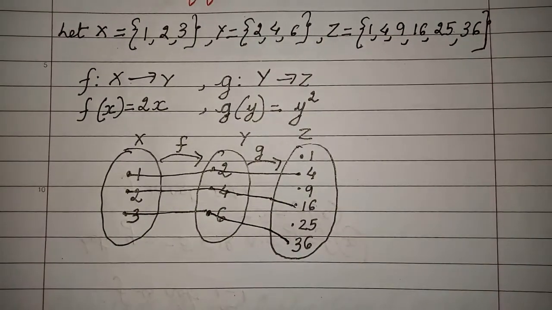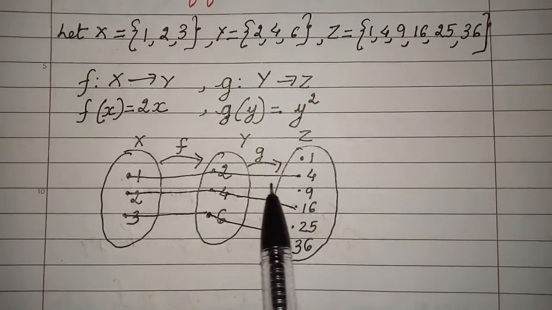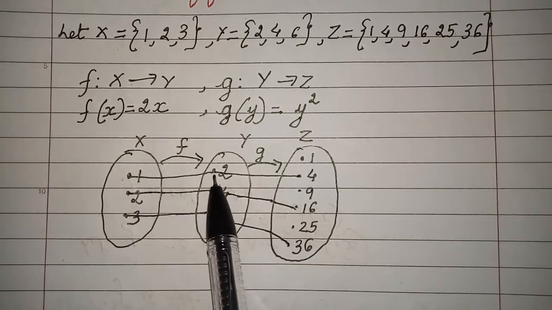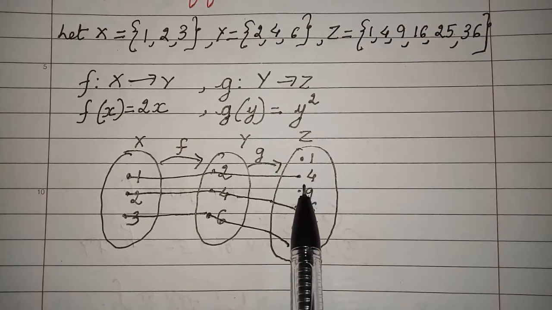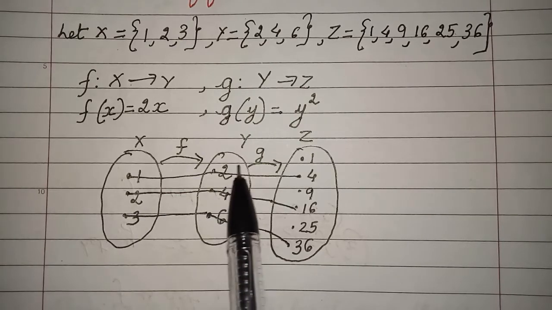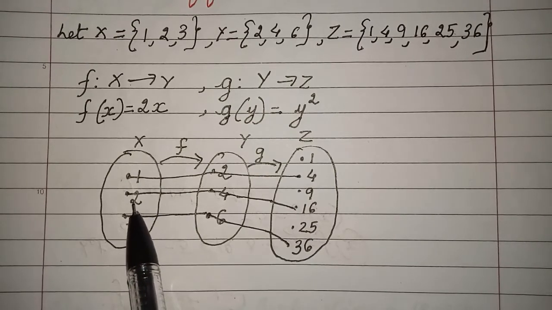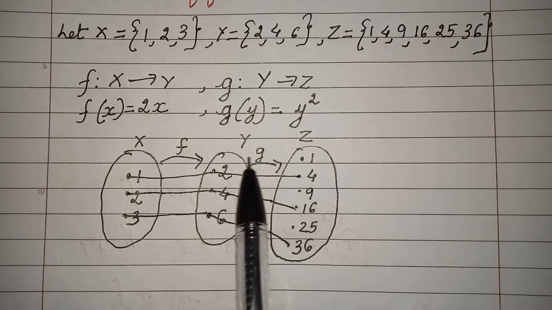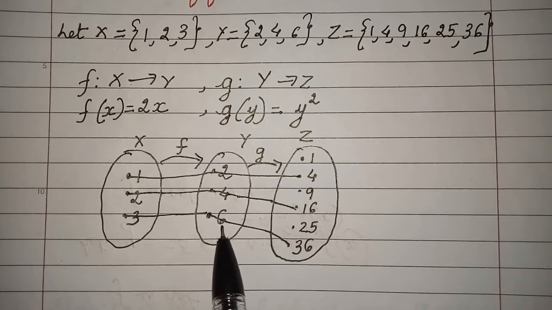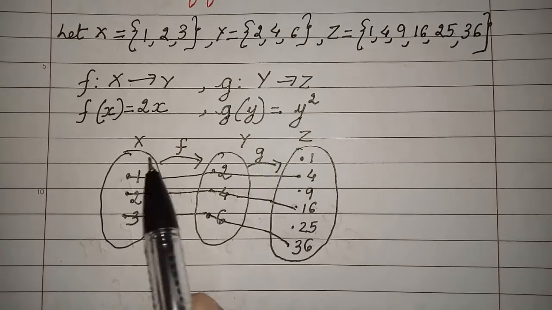So what you have seen here is that under the function g, elements of y are going to z. But if you closely observe this, children, you can see that pictorially your 1 is going to 2 here and your 2 is becoming 4 here. Similarly, your 2 is becoming 4 here and 4 is becoming 16 here. So something is going on in between, that the elements get changed from the first set to the second set and from the second set to the third set. Similarly, for the last element, 3 under f is 6, but the same 6 under g becomes 36. So we can see that g is having some role between x and z.